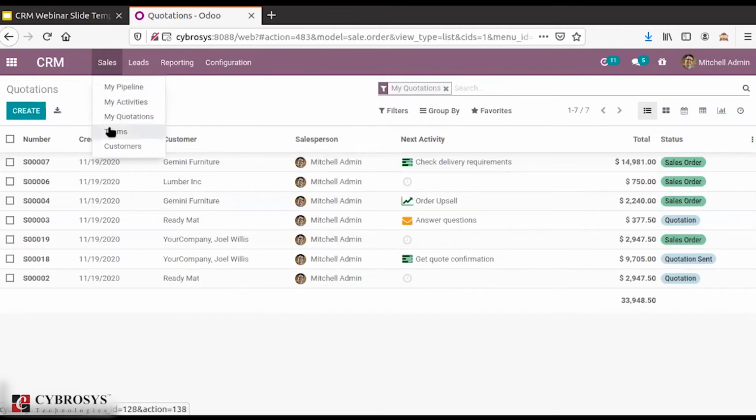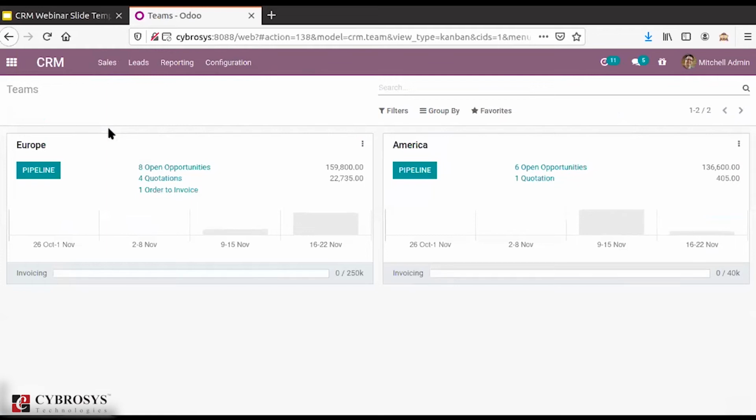Then here you have the option to view the team pipeline. With this you would be able to see the sales teams that you have created within your company. For creating the teams, we have the option for creating sales teams under the configurations.